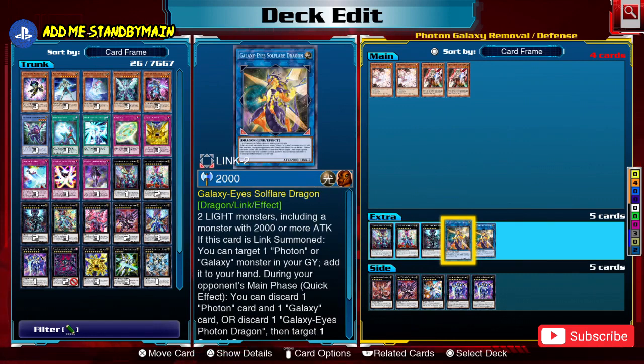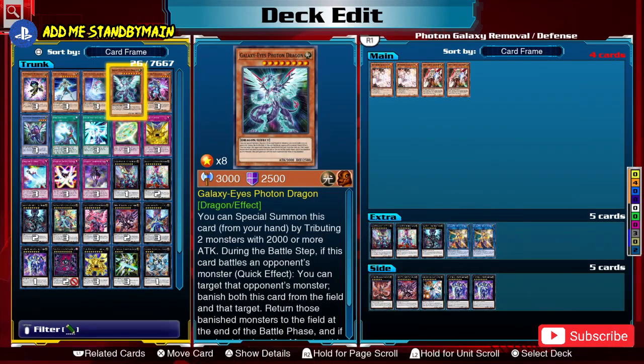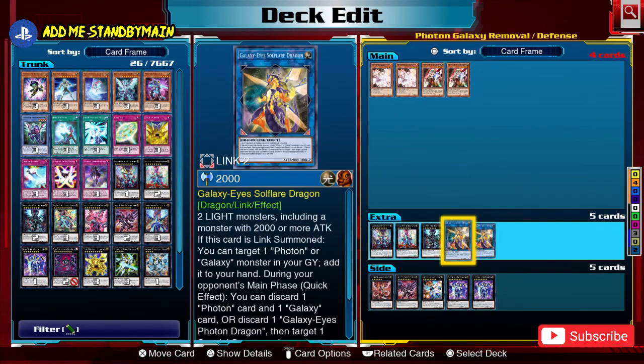And then we have removal in the terms of Galaxy Eyes Soulflare Dragon. How this card works is during your opponent's main phase, you can discard one Photon and one Galaxy card, or one Galaxy Eyes Photon Dragon, and destroy one special summon monster they control. So ideally what you want to do is you want to summon this card through whatever means possible, and then